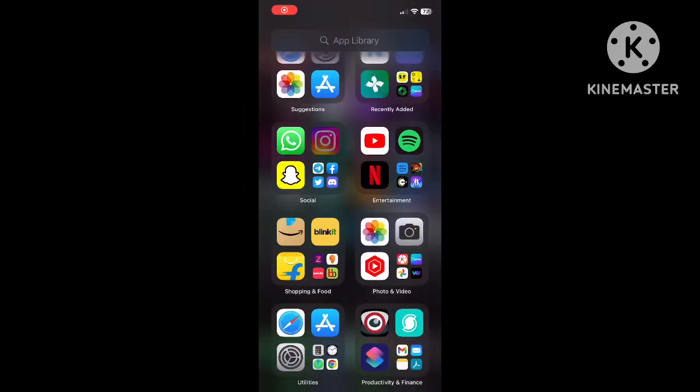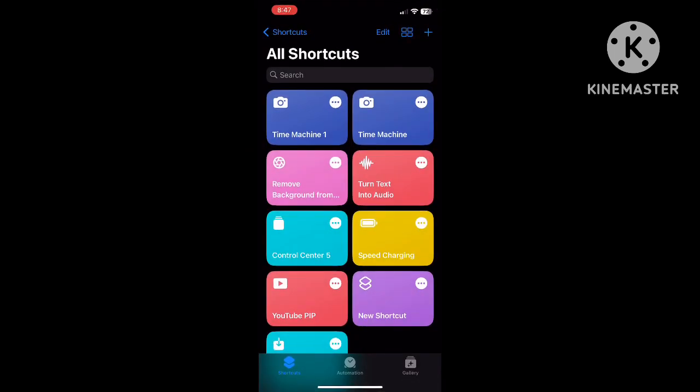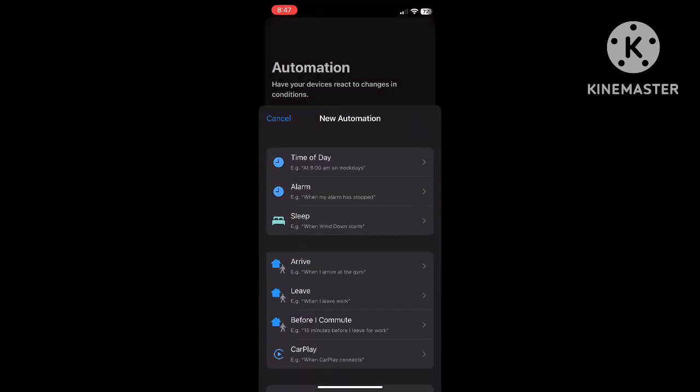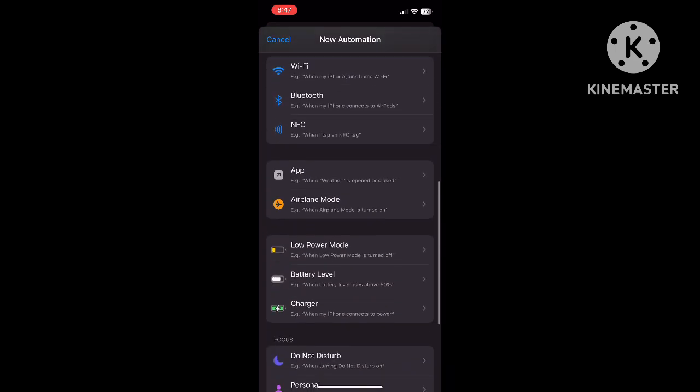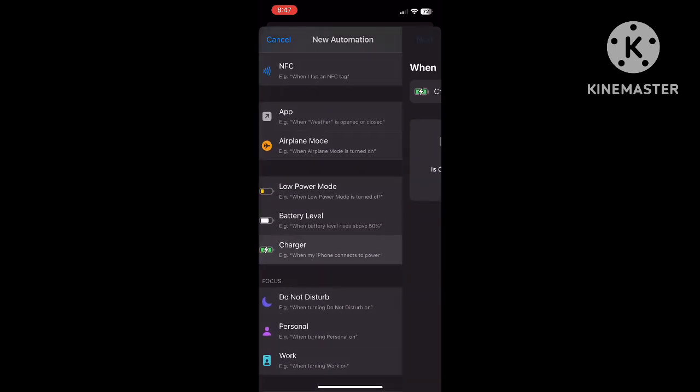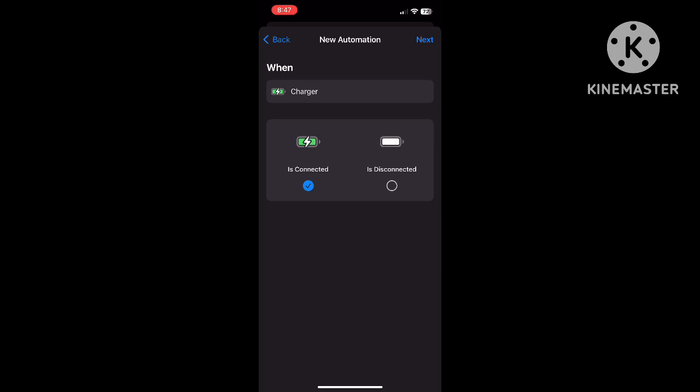Shortcuts is a powerful feature that lets you automate tasks on your iPhone. One useful trick you can try is creating a custom shortcut to quickly send a message to a specific person or group of people. To do this, open the Shortcuts app on your iPhone and tap the plus sign to